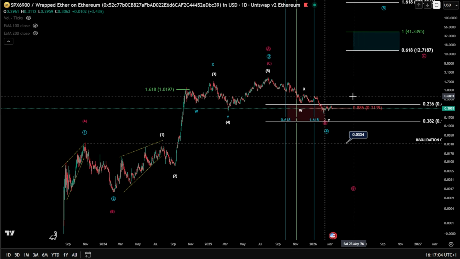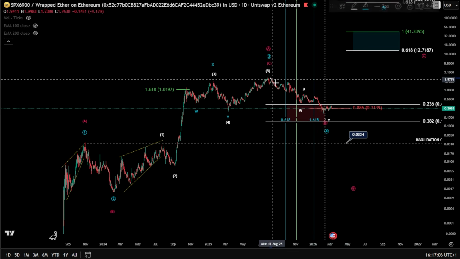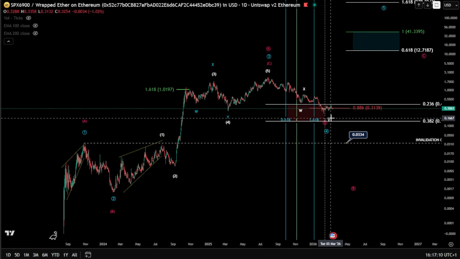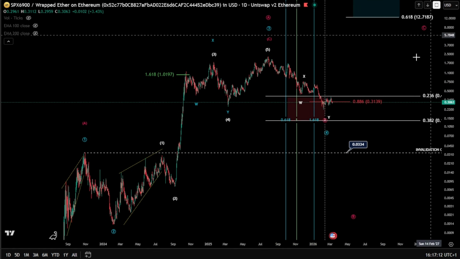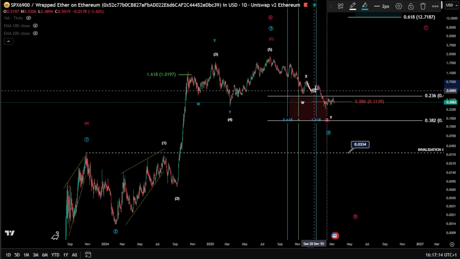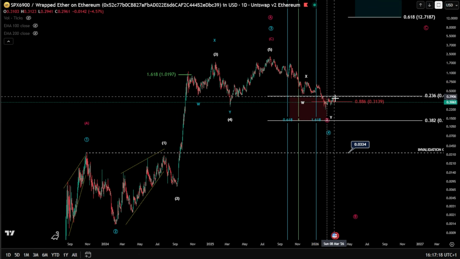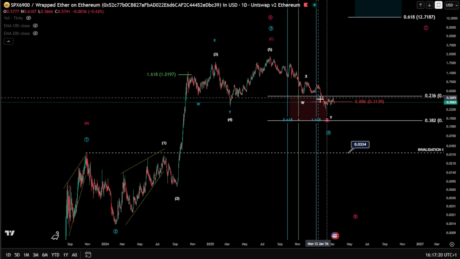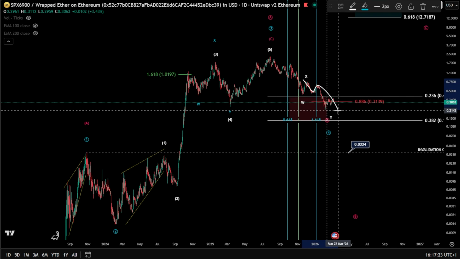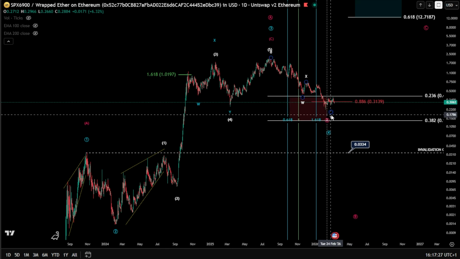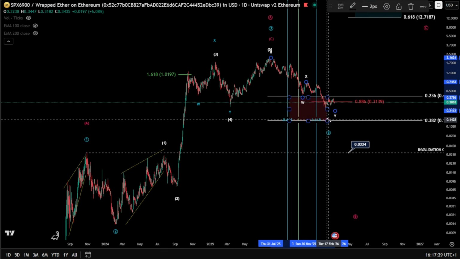target. Now basically this correction as a WXY, for me it seems, and of course as a wave Y can be done and finished there. But in case we are still looking here for an impulse, we gotta be careful. It might still be looking to finish a wave 5 there, which can be even an ABC for a wave Y here, meaning 1, 2, 3, 4, and a 5 still unfolding for lower prices.